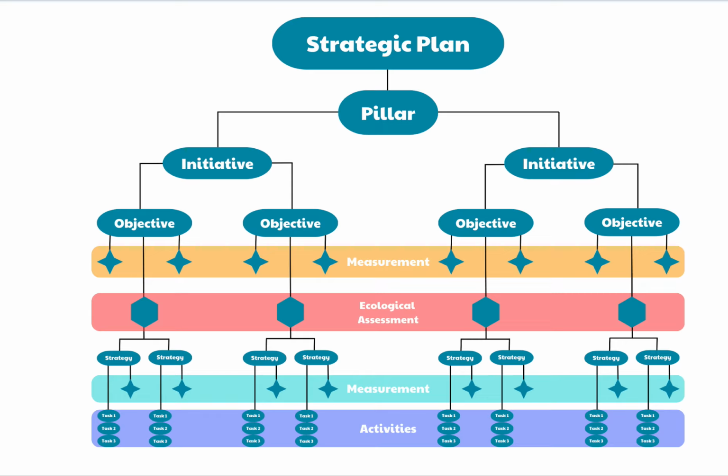Nested under the strategic plan are the plan elements. In order to explain the hierarchical nature of the strategic plan, the strategic planning software uses the terms in descending order: pillar, initiative, objective, strategy, and activity task, as seen in the graphic. While many school districts may use different terminology or nomenclature to describe the levels of their plan, the overall concept remains consistent regardless of the terms employed.